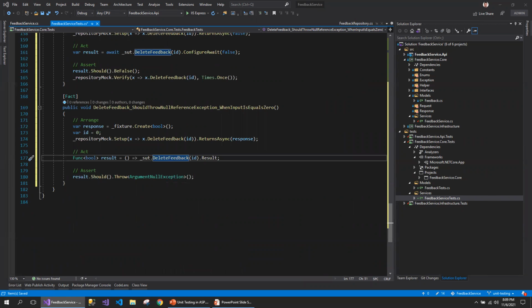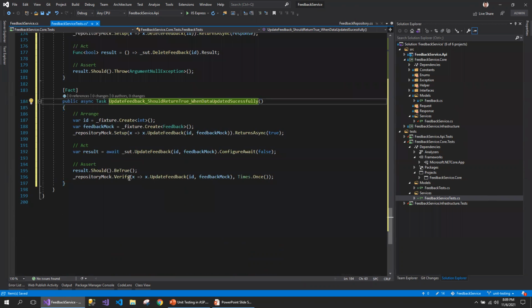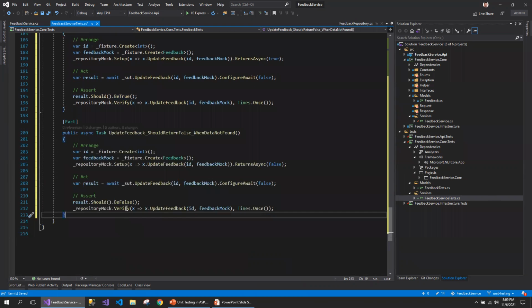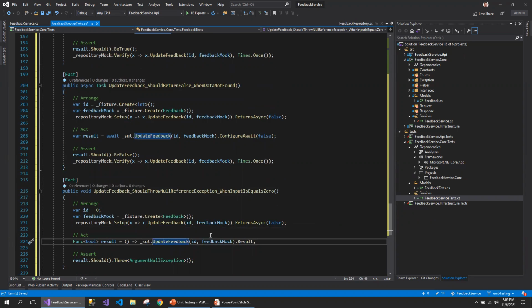Now let's look at the update scenario. In the update scenario, again, successfully updated should return a true statement, and if it is not updated, then return a false statement. And if there is an exception, then it should throw the null reference exception. So in that case, again, I'm going to add